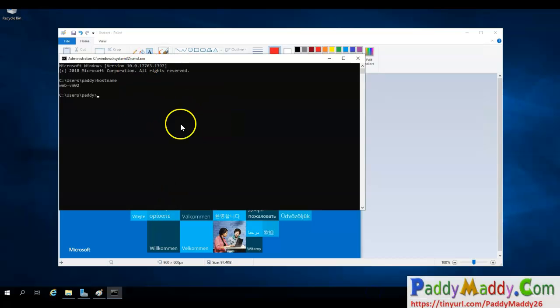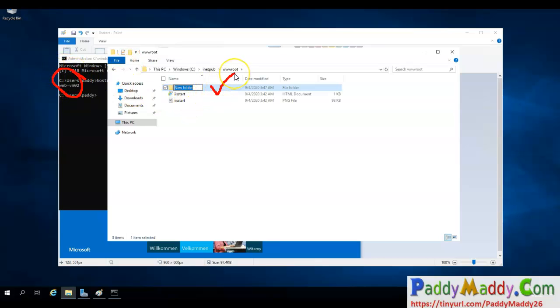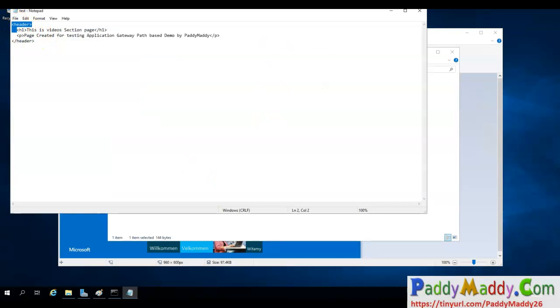Now, as a next step, we would actually create the NSG rule. That's what we're going to do. But before that, I wanted to make sure that on VM02, I create a folder called videos. Within this, I wanted to give some kind of HTML page, just not a fancy one because I'm not a great HTML developer. I'll give this as a video section page or something like that, so that if I try to browse this test.html file, like console.com/videos/test.html, for example,